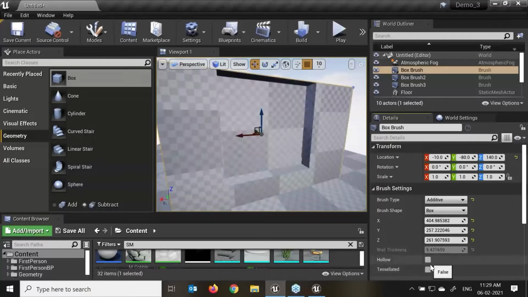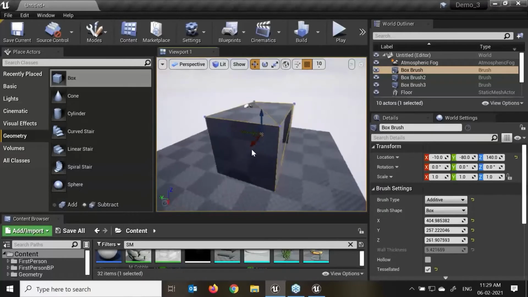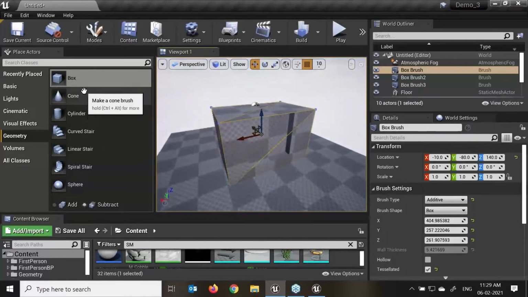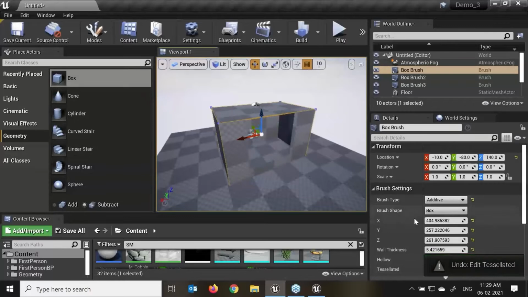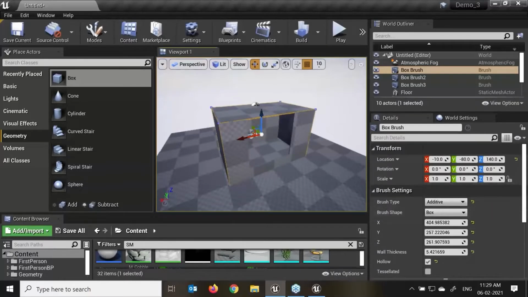Tessellate, we have like wireframe. If you want to see, here we can say this has become triangular. So each and every geometry of the BSP object has its own properties and values. As of now, we are looking into a cube. If I go down over here, these are the main properties of that particular cube.